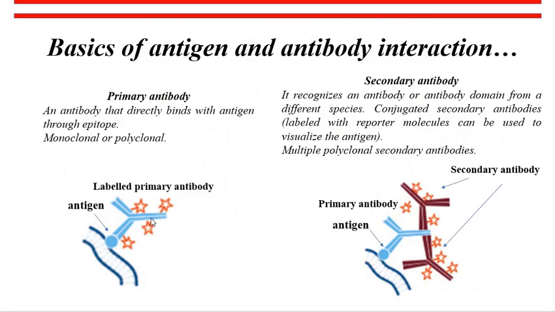Here you can see, if we are using the labeled primary antibody, then at the same time a primary antibody has to be bound with the reporter molecule and also with the antigen. So binding of the antibody with the reporter molecule before its binding with the antigen may lead to a slight change in the structure of the paratope, as a result of which it will not be able to bind with the antigen properly. While on the other hand, if we use the secondary antibodies attached with the reporter molecule, then the capability or the potential of the primary antibody to bind with the antigen will be retained, as they are not directly bound with the reporter molecules.